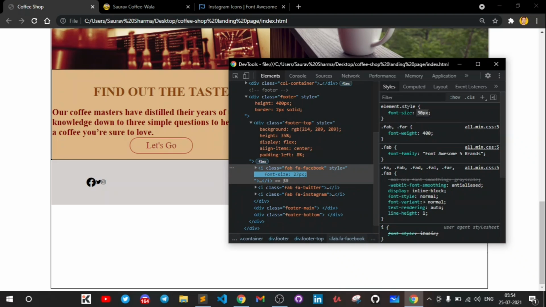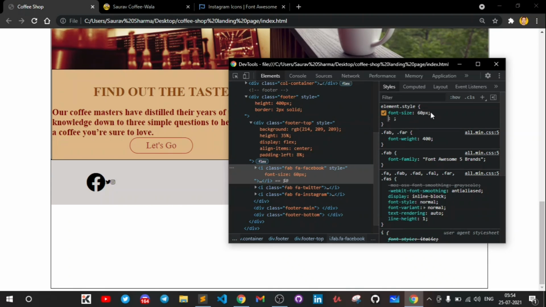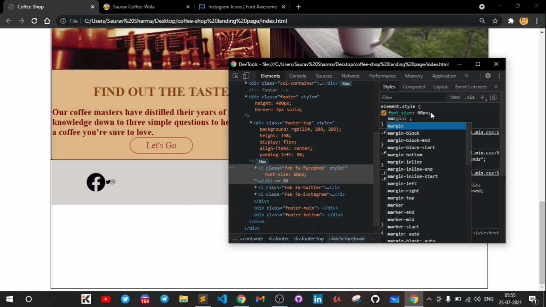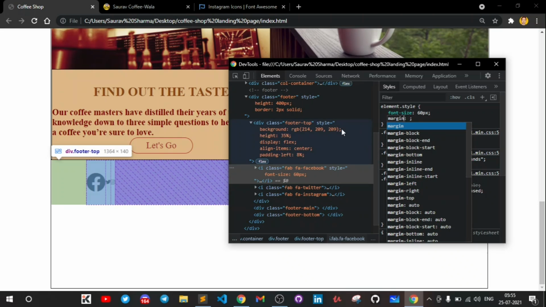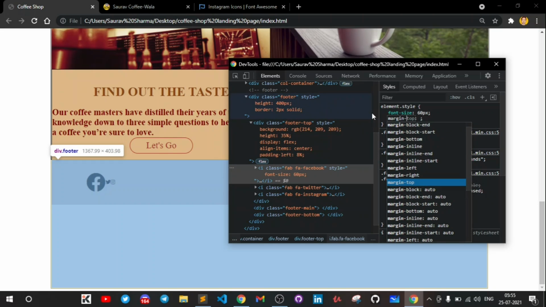Now increase this. Okay, I think 60 pixel is perfect. Okay, and we can apply the same element to everyone, right? And we will be using something called margin right, so that we have some margin on the right of this, so they don't look congested. So margin right,